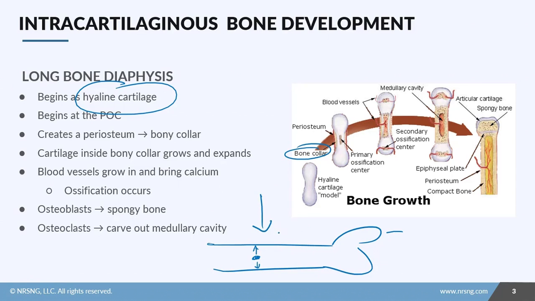But then you can't do it without blood vessels. You need some sort of blood supply to bring in calcium and harden. So that's where you're going to get these blood vessels that come into the middle of that primary ossification center. So everything gets hard. The osteoblasts begin to create your spongy bone all throughout everything,